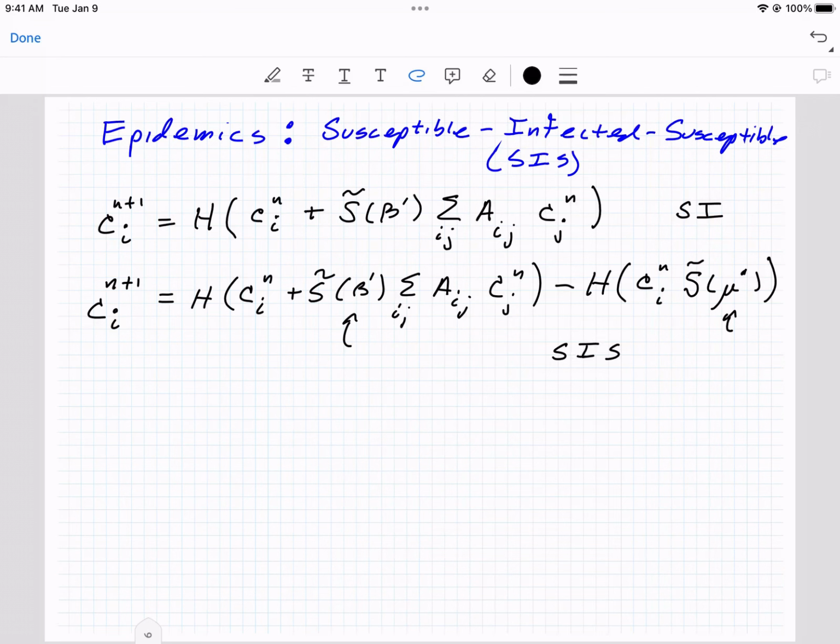And this, in a way, is more interesting because now you can actually watch the infection spread out, but then people recover. And then it comes down to things like the average degree as to whether this infection will persist or possibly die out. It can die out if the infection rate is low enough, the recovery rate is high enough, and the connectivity is low enough. Then in fact you can have an epidemic that can die out. And so this becomes a discrete way of modeling this in a network model,